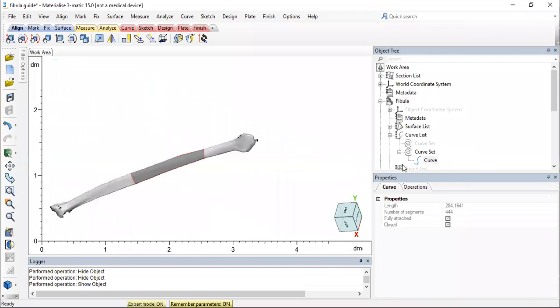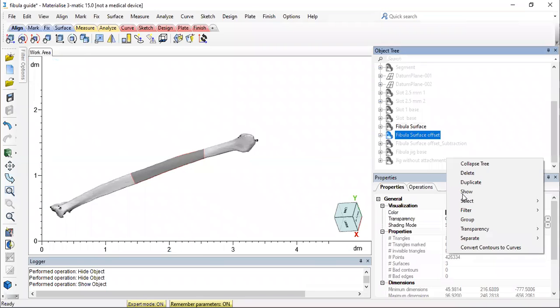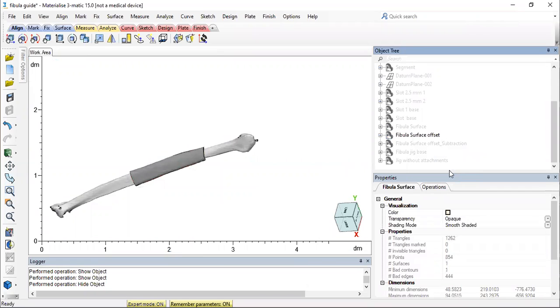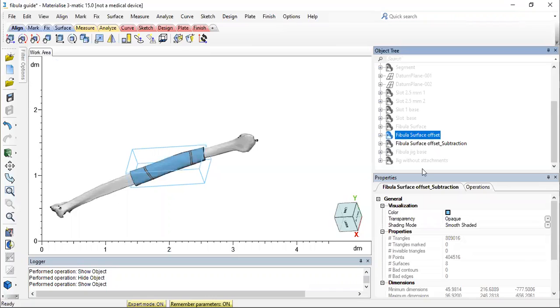So then to this surface, I've given a thickness. Then I have created the slot sections or the cavities on the fibula surface as well by using the function of Boolean subtraction.